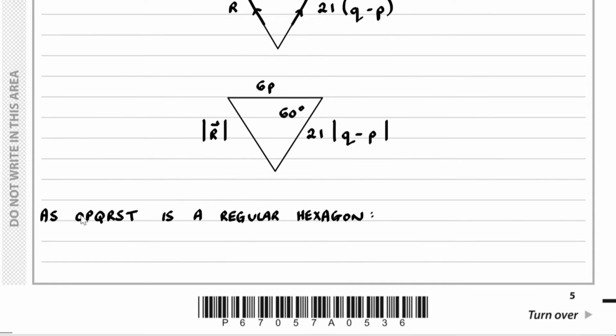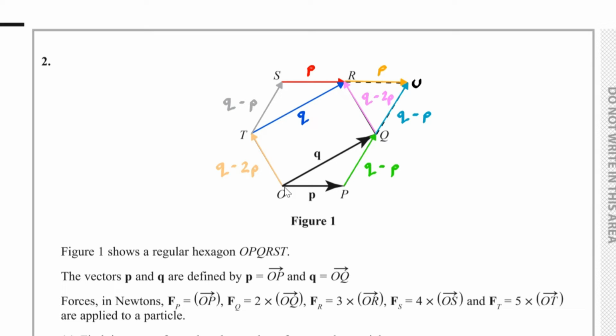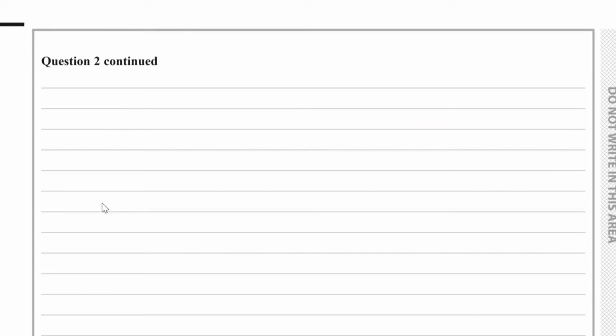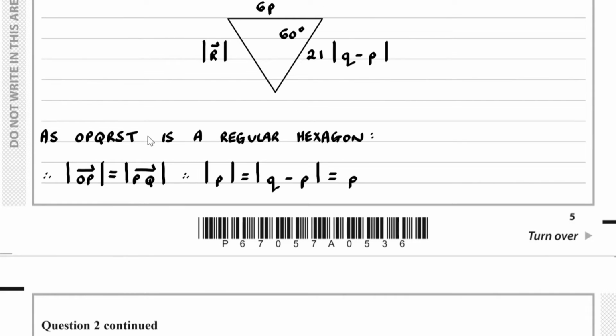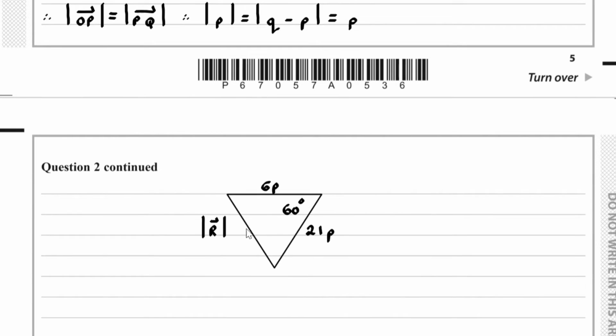Now, as OPQRST is a regular hexagon, from that we can see, going back to our diagram, that the magnitude of p is equal to the magnitude of q minus p. So, the magnitude of p is equal to the magnitude of q minus p, which is just equal to p. And if we adapt our diagram, we end up with this diagram here. Now, just to explain again why we have 60 degrees here,